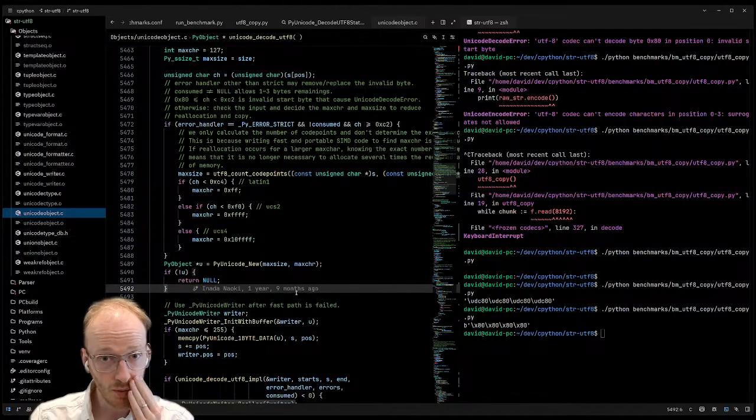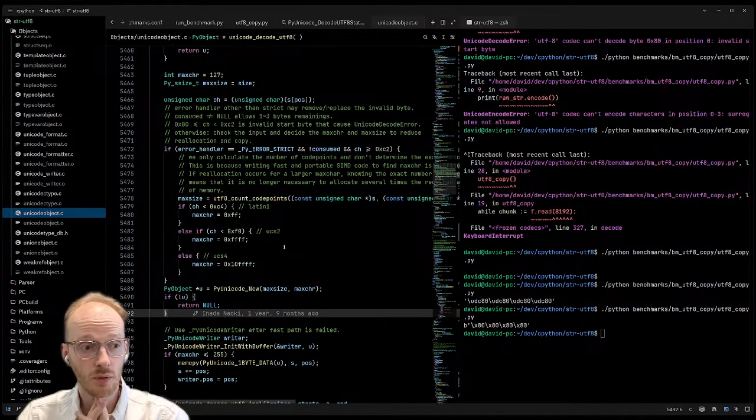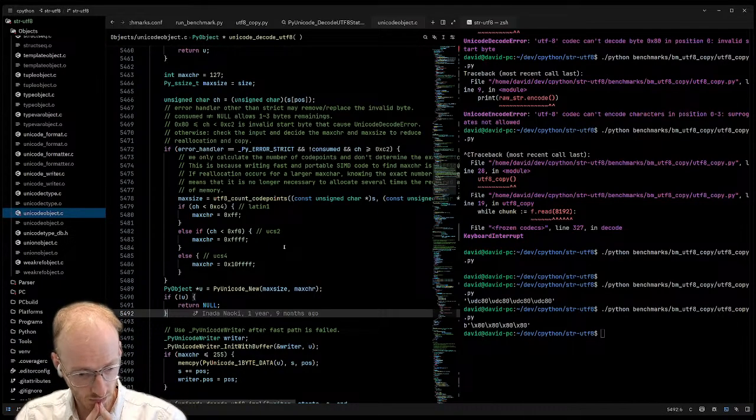I think we can do a fast path for, hang on. So the fast path for surrogate escape handler would be we just copy everything always. And the fast path for strict will be to error out on the first non-UTF-8 character. But we probably don't need to add a fast path for that, really. We don't need to add a fast path for that specifically.